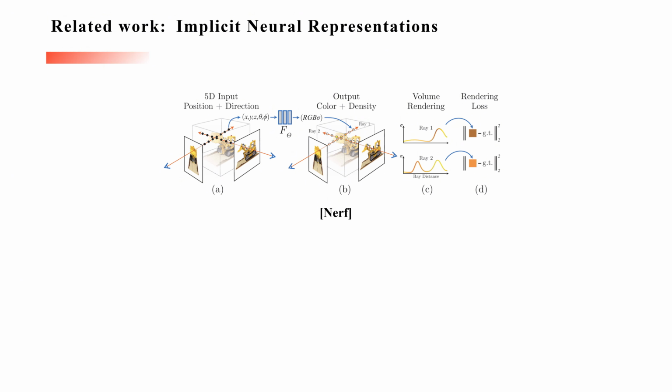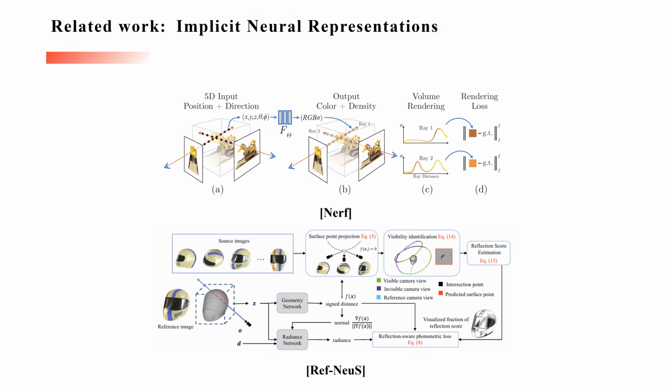Related work, implicit neural representations. Neural implicit representations have achieved impressive success in many computer vision and computer graphics tasks. These methods use neural radiance fields to capture color and volume density, generating photorealistic novel views through volume rendering. To produce high-quality geometry, follow-up works use a function to associate the signed distance field, SDF, and volume density. The surface mesh can be extracted from neural implicit surfaces by marching cubes, and this 3D asset can be further